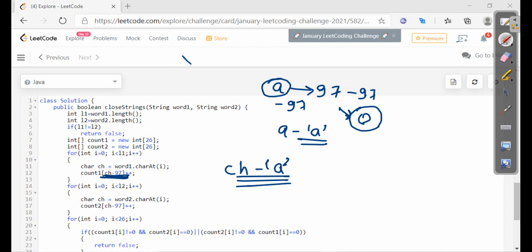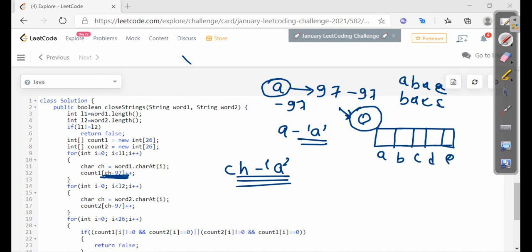So now I have a particular array. Suppose our words were ABAA and ABAC and BACC. So in the first array, the values will be stored as A is 2, B is 1 and C is 1, and D is 0, E is 0, and so on 0.